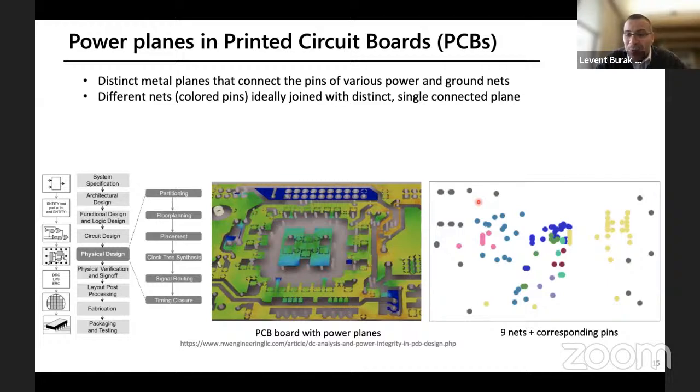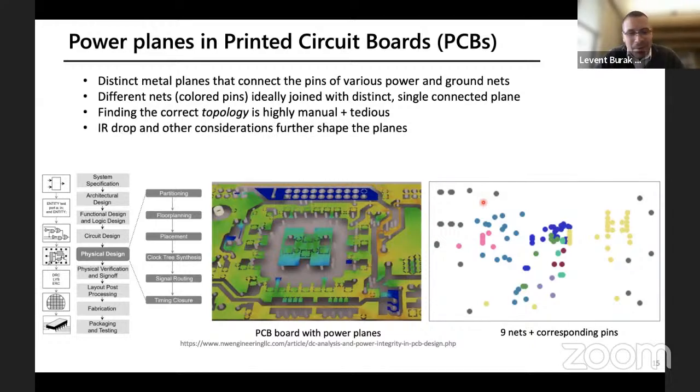However, this becomes a remarkably difficult problem even for seasoned engineers, because this involves a very manual and tedious process of segmenting a plane, as shown on the right. We're showing a rather simple case, but I'm about to show you a case where we tried this with multiple engineering students, and they had a hard time actually finishing the task.